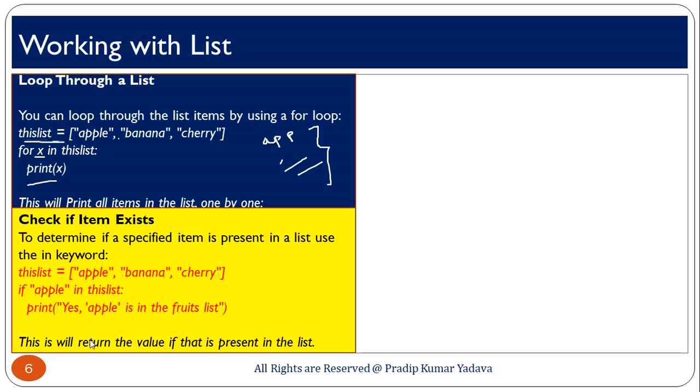So, here you can see this is a very simple example. Here you can see this is a list, and if you have to check whether apple is present in this list or not, you only have to write apple, and we are going to use the in keyword here. So, we have to use in, meaning if apple in this list, then print. If apple is in that list, definitely we are going to get yes, and according to that you can print your message: yes, apple is in the list. So, basically what I am trying to say is, for this condition you have to use the in keyword.